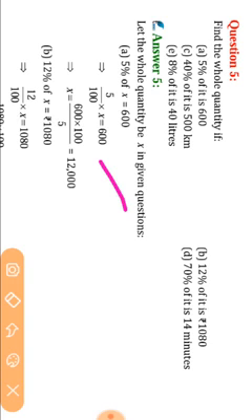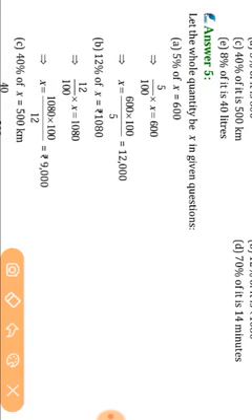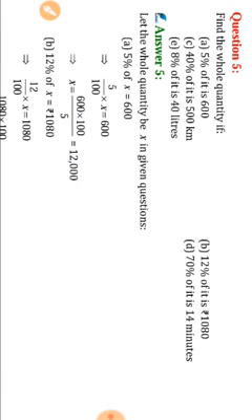So this 100, if you transfer it to the RHS, it becomes multiplication, because 5 divided by 100 is there. And the 5, if you bring it to this side, it comes in the denominator, because it is in the numerator. So 600 into 100 divided by 5. 5 20s are 100. So 6 into 2 is 12, that gives 12,000. So the whole quantity is 12,000. In the same way you can do it.